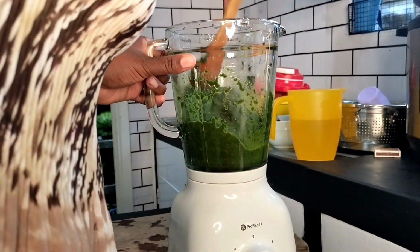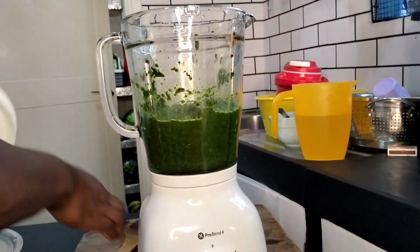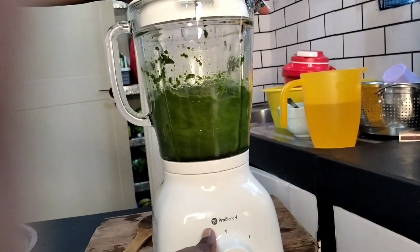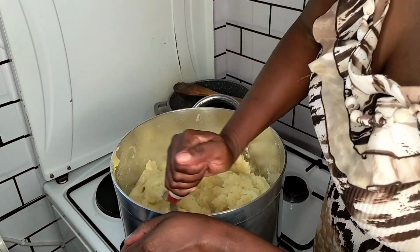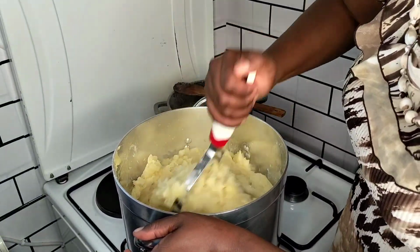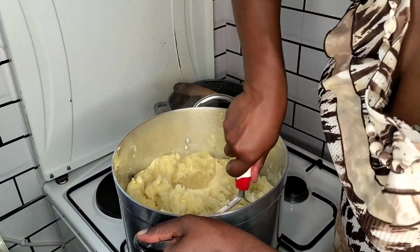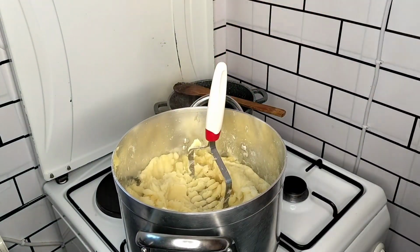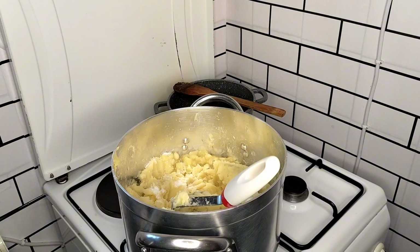I just need to blend them up and get this puree, which we are going to use. And as you get out the puree, make sure that the excessive water is not put into the mukimo, because it will make it very watery. So what you can do, and what I did here, is you can take a sieve and pour out from the blender into a sieve, so that you're just left with the most green substance, the green leaves we need. This can actually be either spinach, it can be pumpkin leaves, or this what we call kahurura in Nairobi, Kenya,